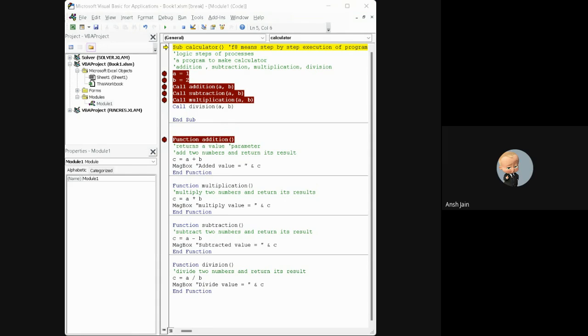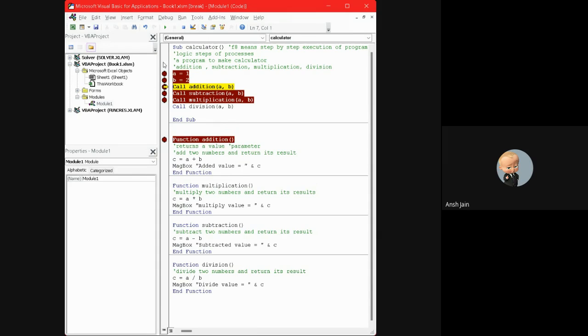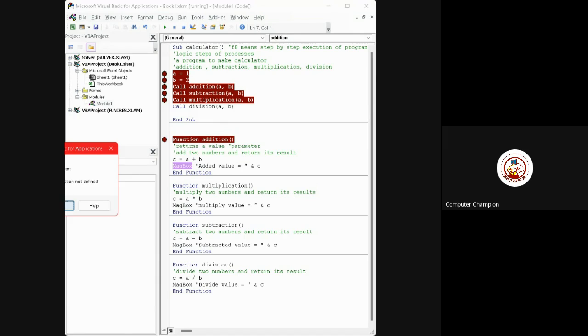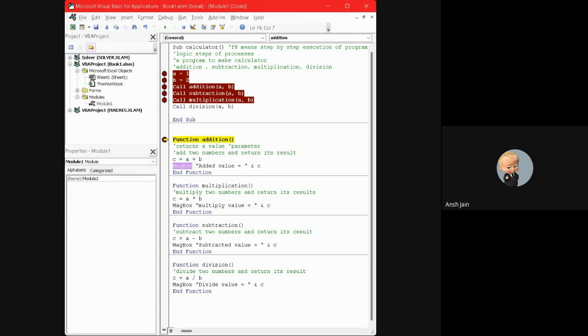Okay. Done then. These are small things which you have to take care of. But now it's still showing me this. It's not commented, it's executed. But why is it showing me red marks? Why is it highlighted in red? Because you have clicked on the debug breaks. Just click back on those dots. So it's showing me sub or function not defined.